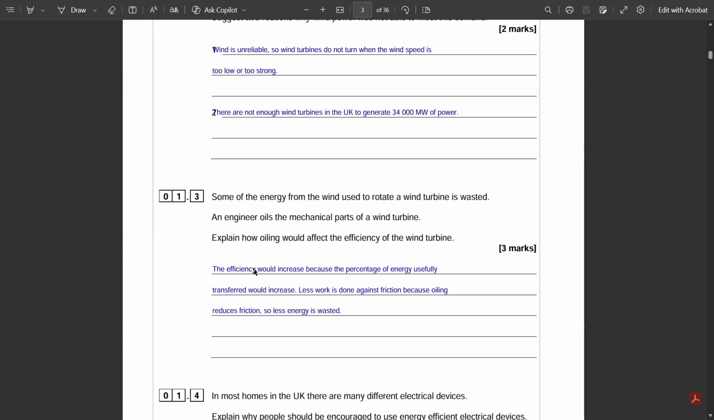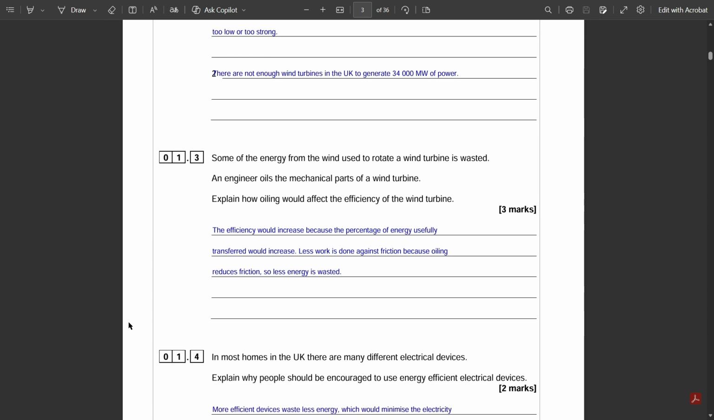An engineer oils the mechanical parts of a wind turbine. Explain how oiling would affect the efficiency of the wind turbine. The efficiency would increase because the percentage of energy usefully transferred would increase. This is due to there being less work done against friction because oiling reduces the friction, so less energy is wasted. So basically, the oil or the lubricant reduces the friction, so the machine runs more smoothly and more efficiently